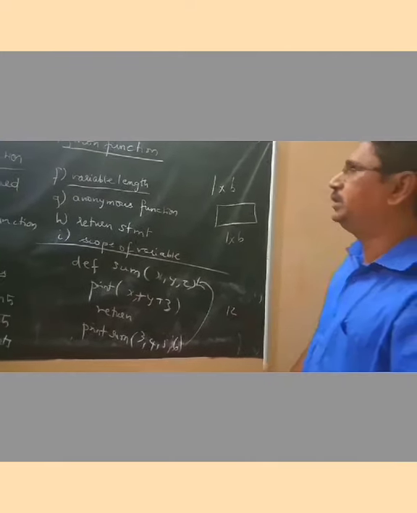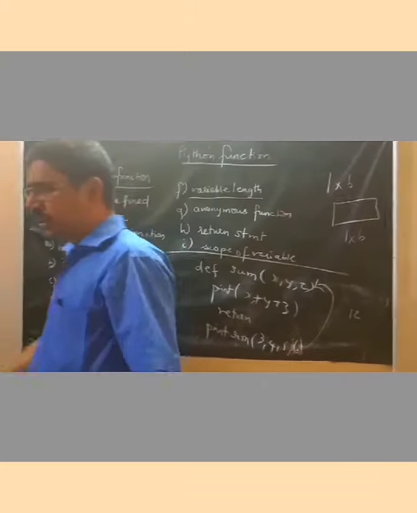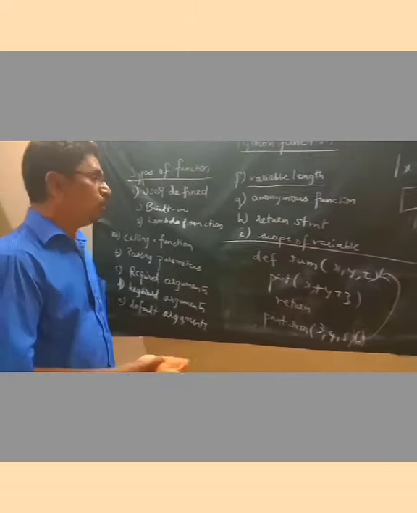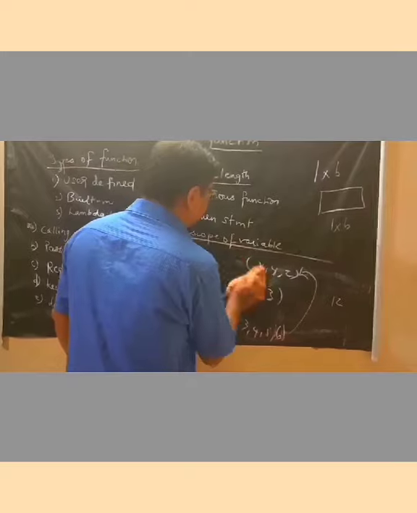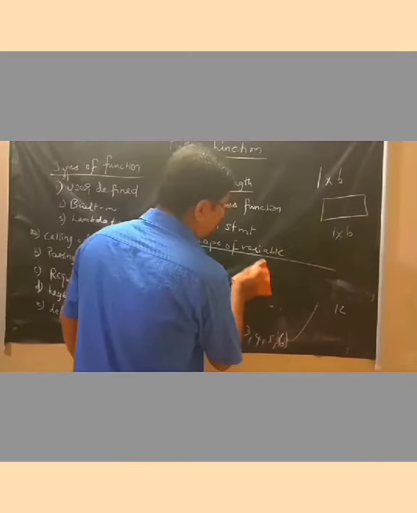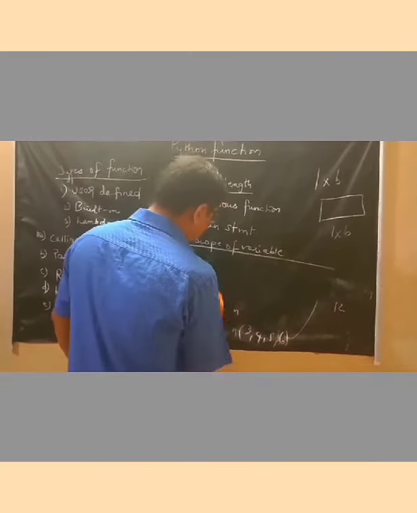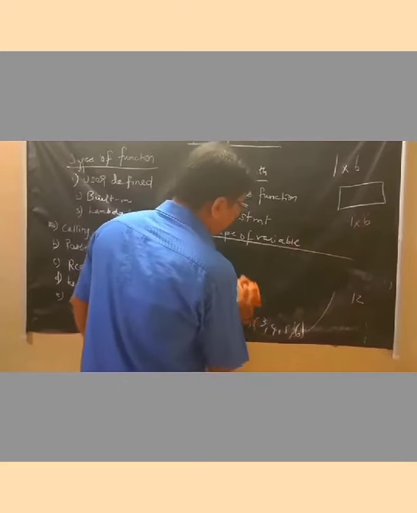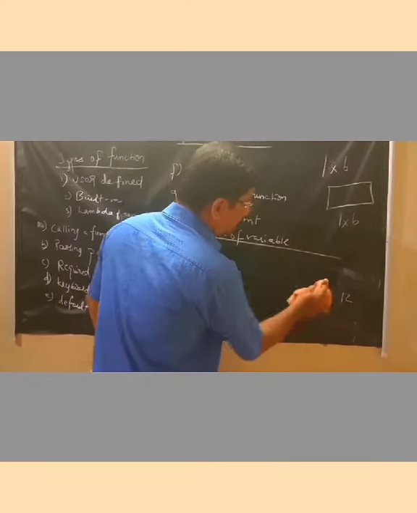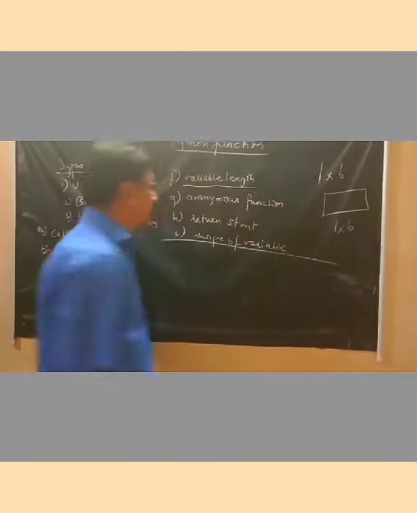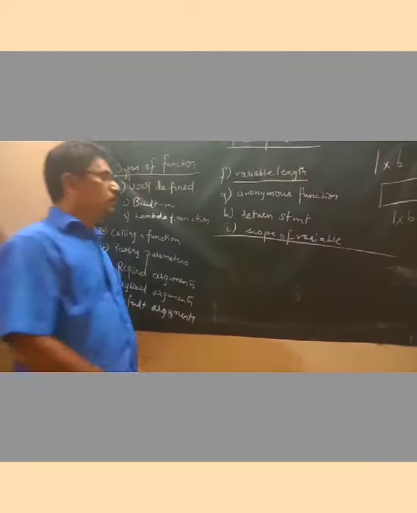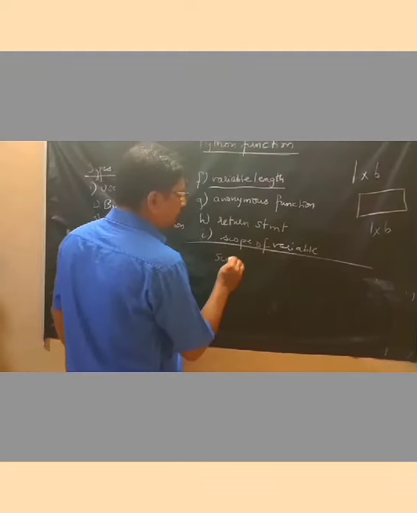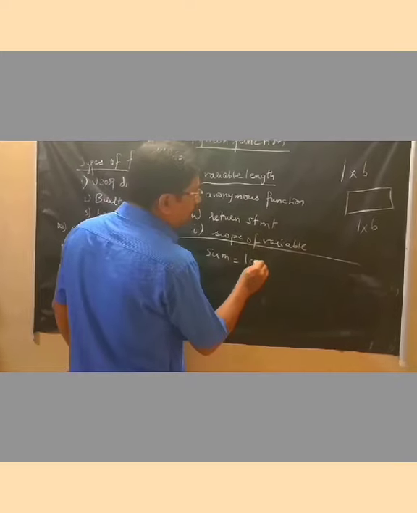Now we move on to the next topic, anonymous function. Anonymous means what? Anonymous means without any name. So the function is there, but it is without any name. Can we see an example for this? Yes. So anonymous sum equal to lambda